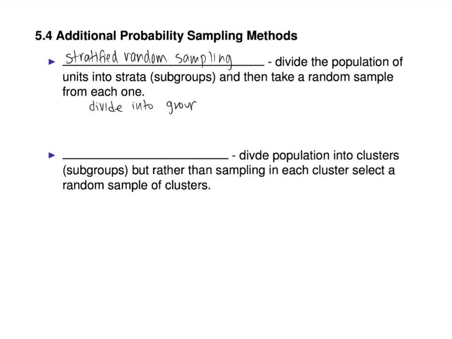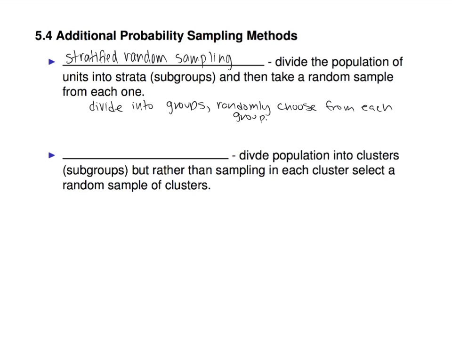So the idea is divide into groups, randomly choose from each group. So for example, there are about 60 of you in here, right? I could divide you into 6 groups of 10 and then randomly choose 3 people from each group of 10. Maybe I'll divide you into groups based on your alphabetical order of your name or something like that. Okay, but randomly you make them into groups and then you pick from each group some kind of random number